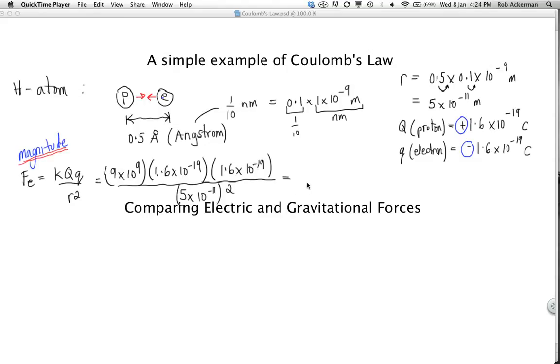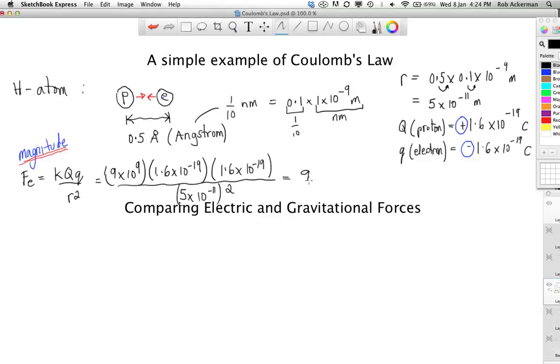Okay folks, so what did I get on my calculator and what did you get? Hopefully we both got the same thing. I got 9.216 times 10 to the negative 8 newtons of force, which is a very, very tiny force indeed. Although keep in mind that these objects are very, very tiny. So while they're experiencing tiny forces, since they themselves are very tiny, that may lead to very large